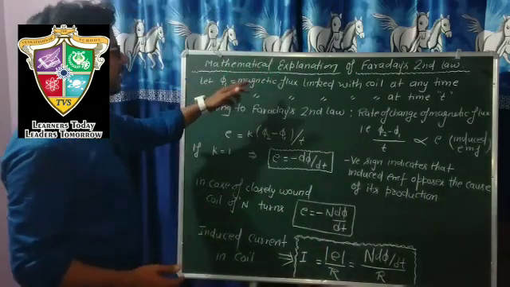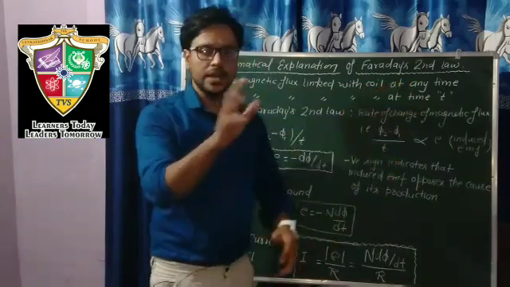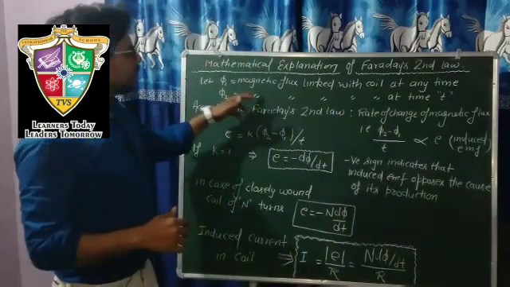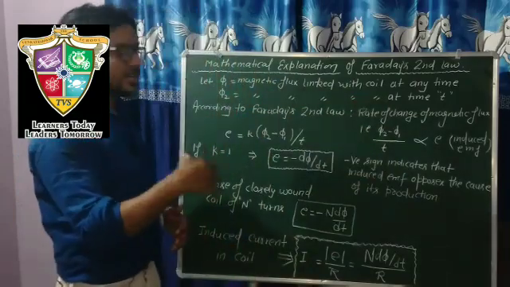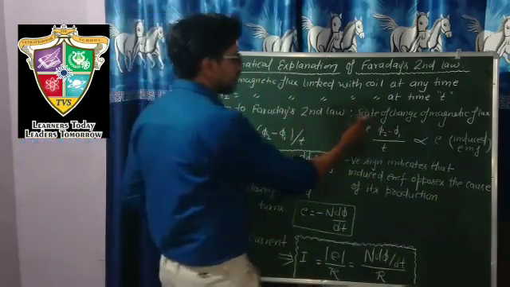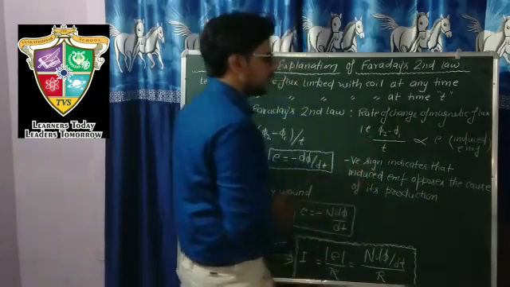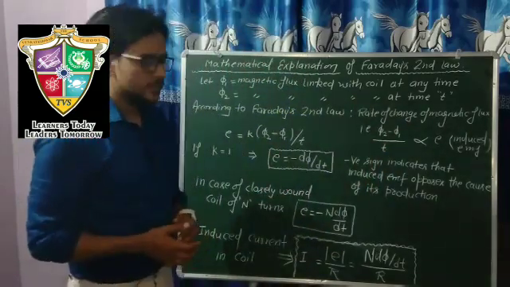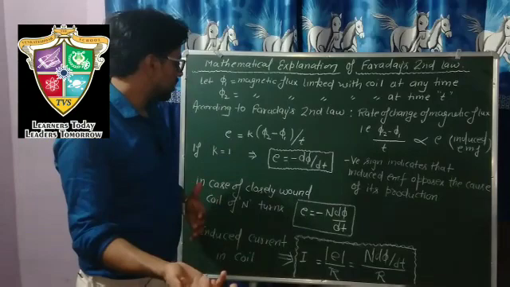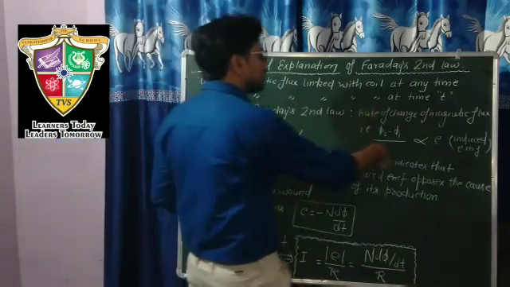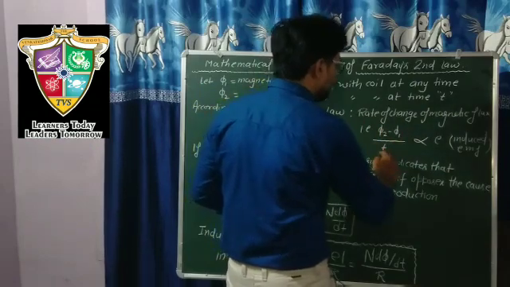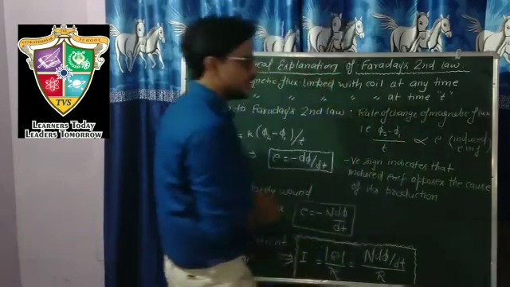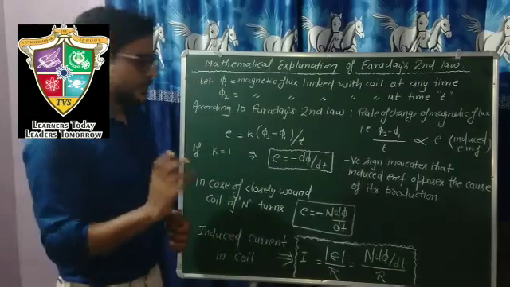If phi1 is the magnetic flux linked with the coil at any time and phi2 is the magnetic flux linked with the coil after a time t, then what is the rate of change? Rate of change is (phi2 minus phi1) upon t. This is the rate of change of magnetic flux, and as per the statement of the law, it is directly proportional to the induced EMF, which is denoted by E. So (phi2 minus phi1) upon t is proportional to E. This is the statement of the second law.